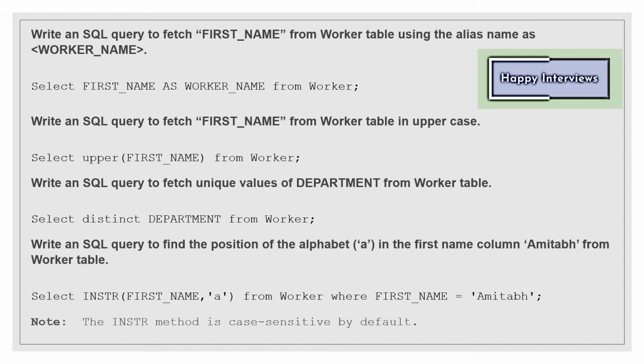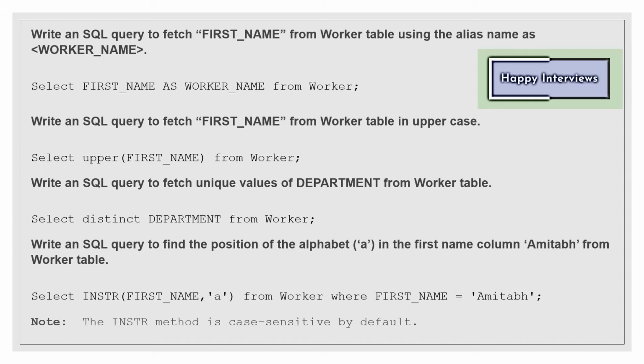Next question is write a SQL query to find the position of the alphabet A in the first name Amitabh from worker table. So here we have been given the value of the first name, that is Amitabh.